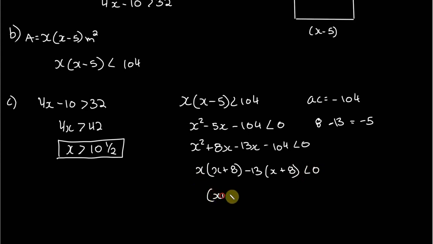And now we have x plus 8 times x minus 13, which is of course less than 0. So for here, we don't have to rewrite this. The value x is greater than 10.5. That's the range of values for this linear inequality. And here it's going to be x is greater than negative 8 and less than 13, which looks right because